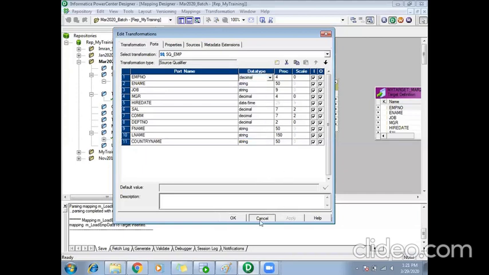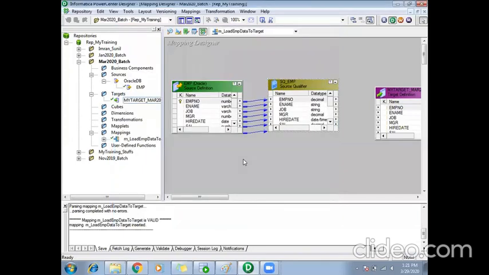That is the difference between source definition and source qualifier. In the source definition, you can't make any changes; it will be the exact same thing we see in our database tables, same data types, everything. But in the source qualifier, the data types will be changed to Informatica native data types, and you can make modifications.